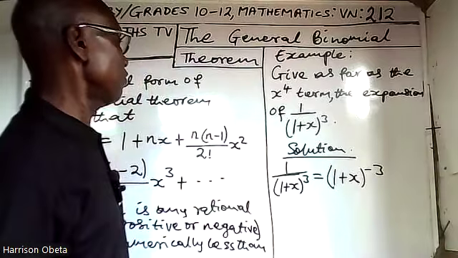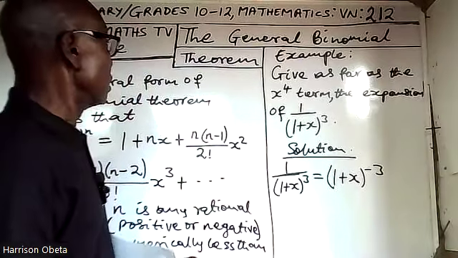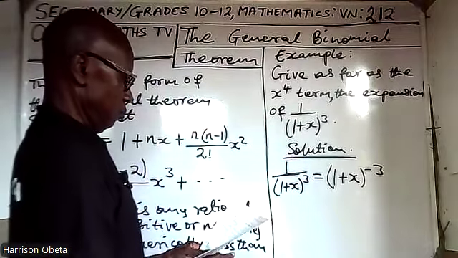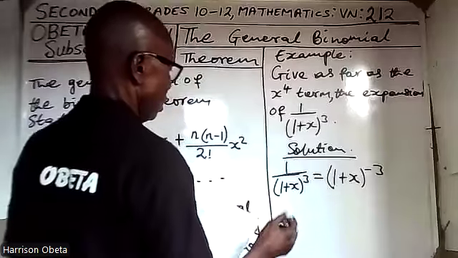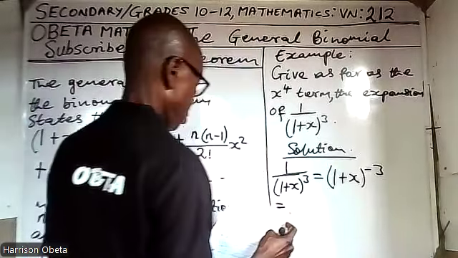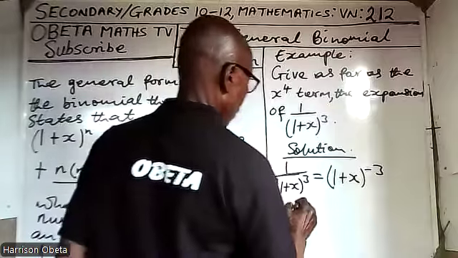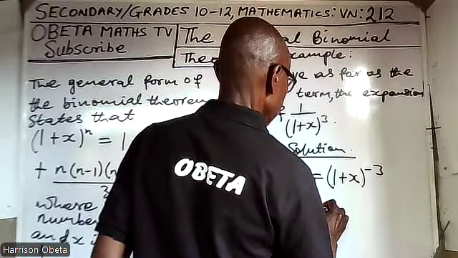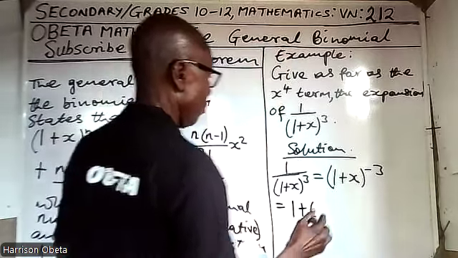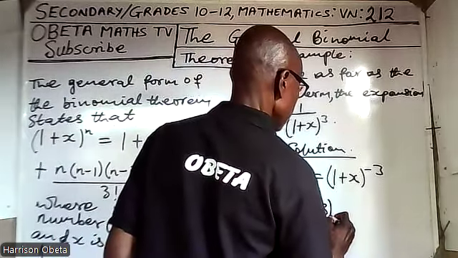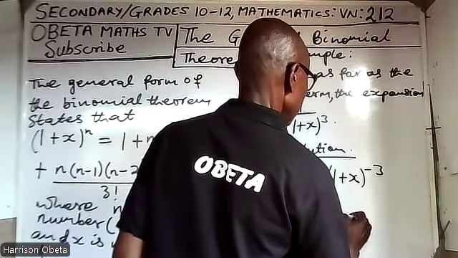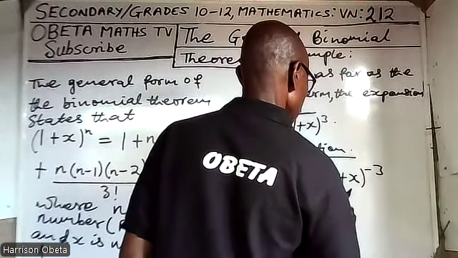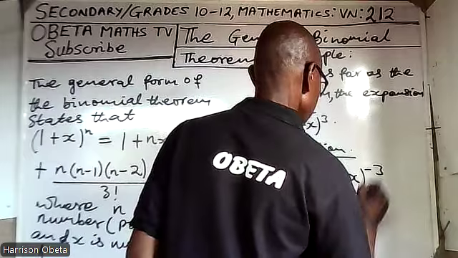Applying this formula, this will be equal to 1 plus (minus 3) into x, or we can just write it as minus 3x,